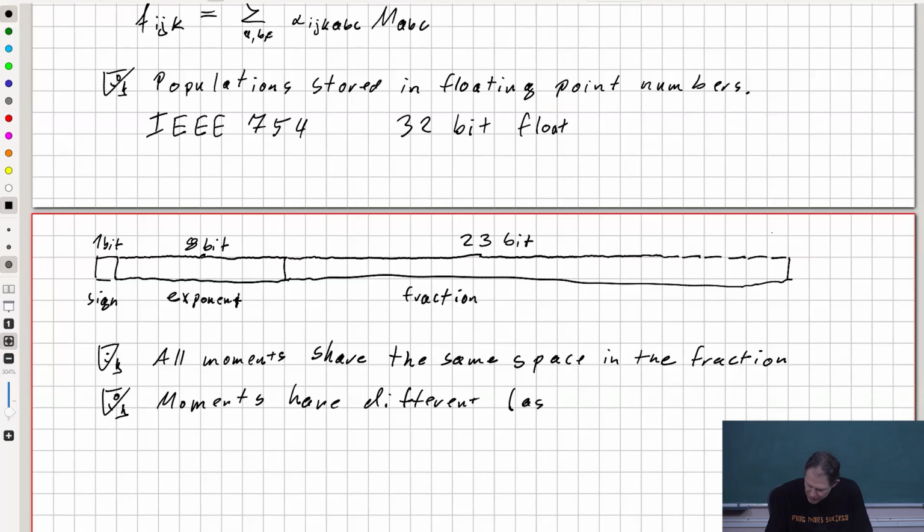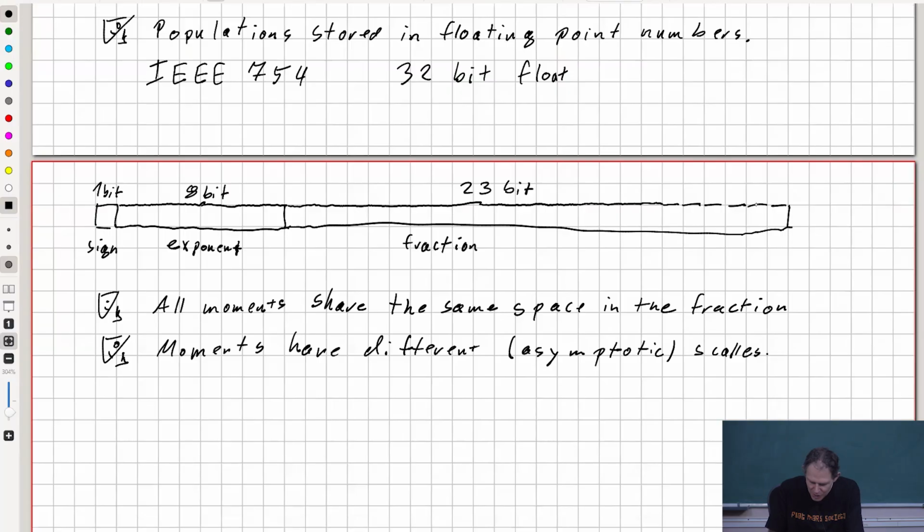So they have different asymptotic scales. I mean, this is also true for the Navier-Stokes equation. The variation in pressure is asymptotically smaller than the variation in velocity, right? So now we can assume again different scalings, but as we like the diffusive scaling, we use the diffusive scaling here,